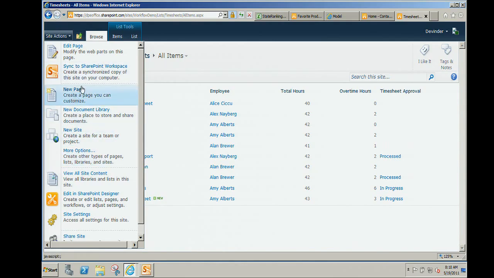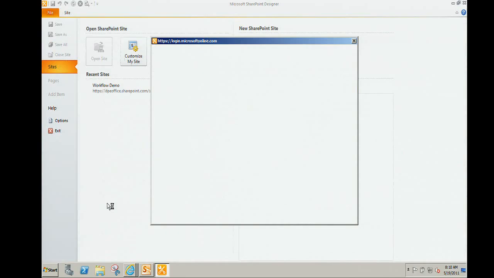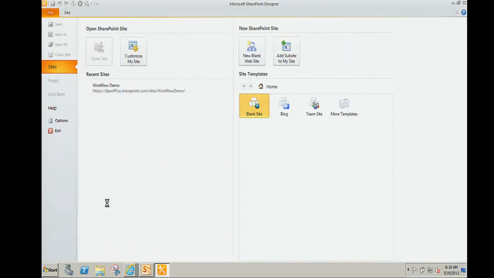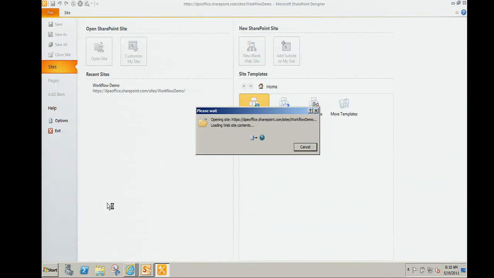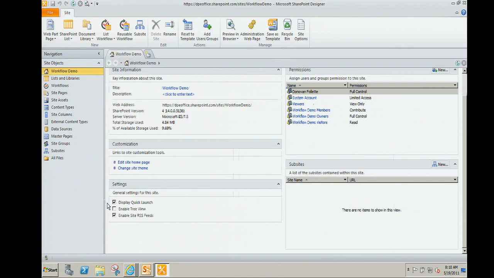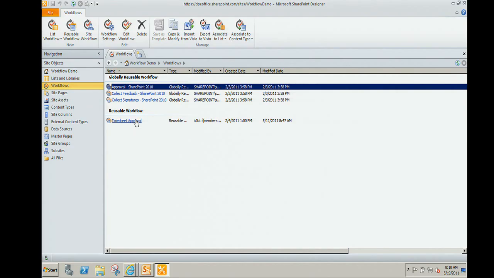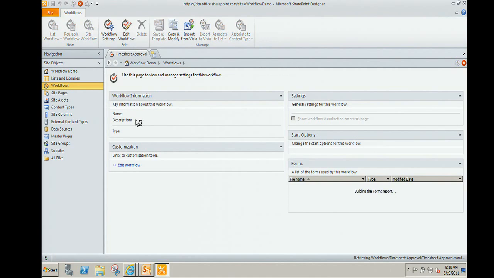So this is where I'm going to go ahead and open SharePoint Designer. Again, I have said that a lot of times, the experience is going to be the same. It's no different than the on-premises environment. It's no different in terms of the tool and what you can do with it. So if I go to the workflows, the timesheet approval workflow is there,